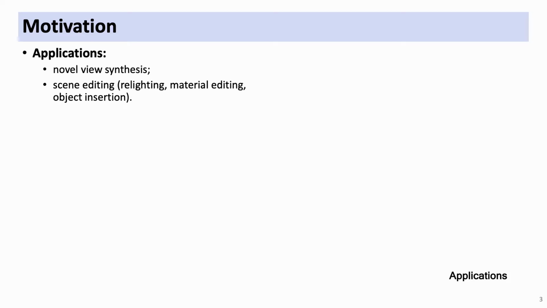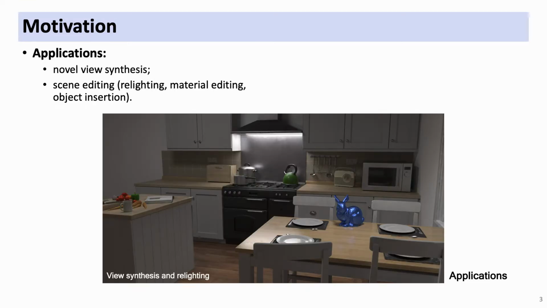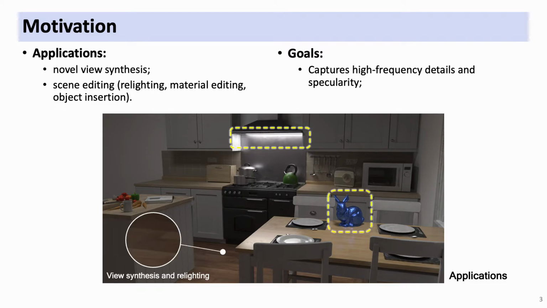parameters. Given those estimations, the method enables applications such as view synthesis, object insertion, and relighting, where we turn off the original emitters and turn on the stove light, put a bunny on the table, and render in its novel view. Our method reproduces the fine details in material and specularity in lighting, and converges several times faster than previous